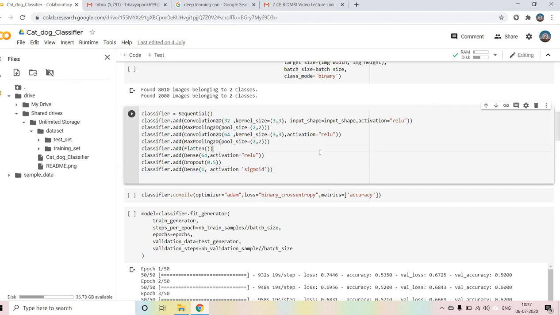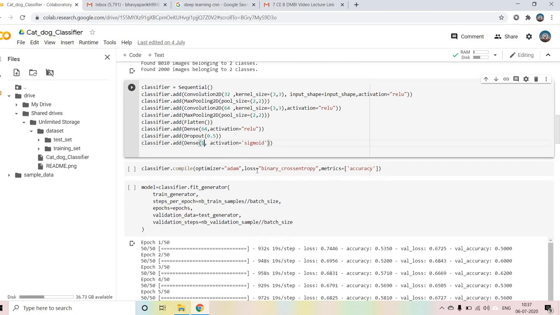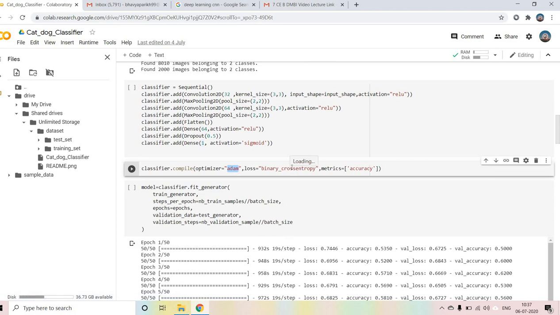If you have more than two classes, you go for softmax and put whatever the number is over here. So classifier.compile: we are going to use the Adam optimizer and binary cross entropy. Why binary cross entropy? Because if you see, we have lots of parameters.